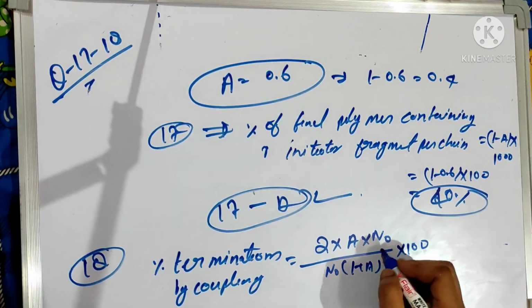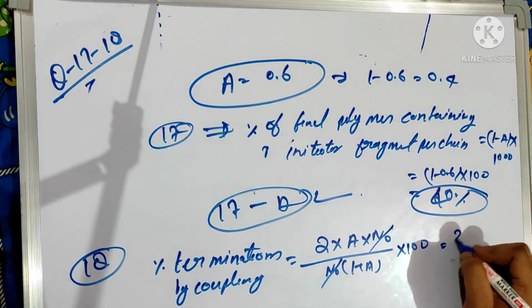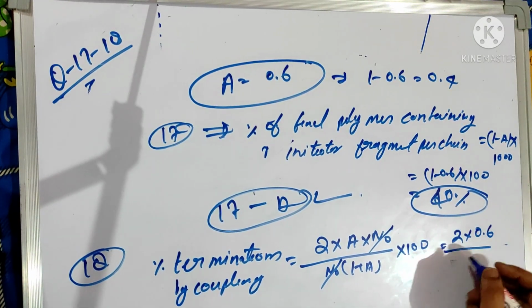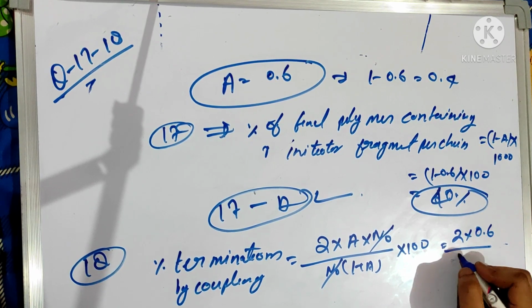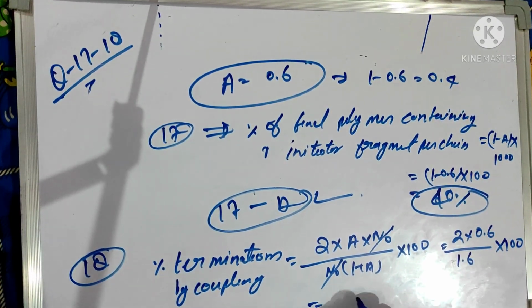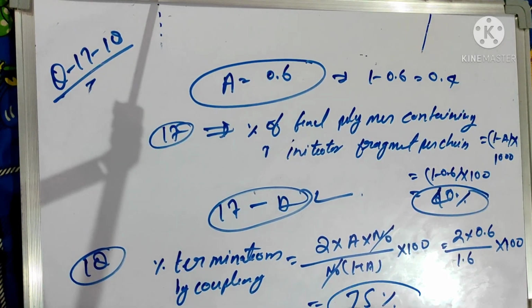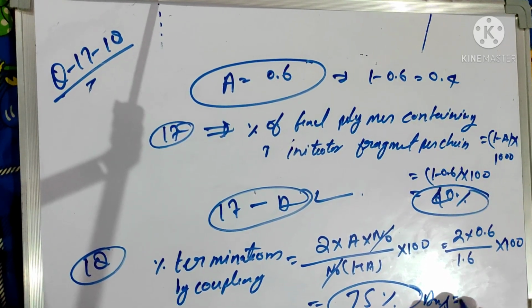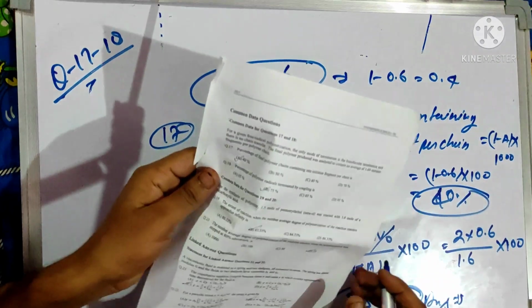Put the value of A: 2 into 0.6 divided by 1.6 into 100. Then you get 75%. Then the answer is question number